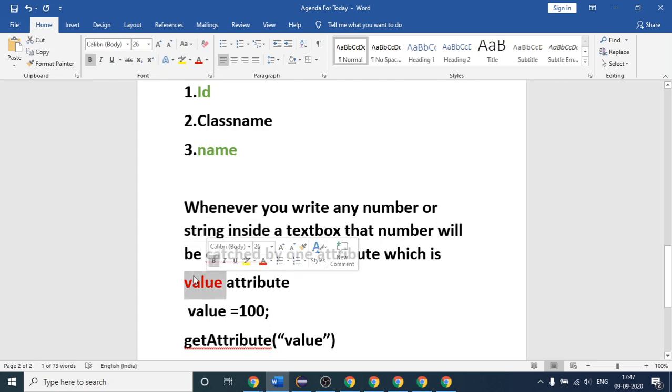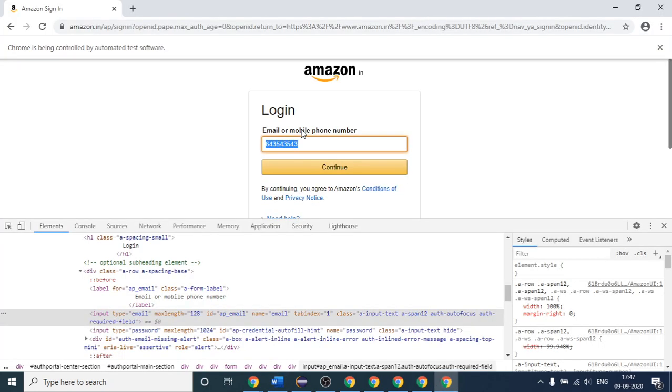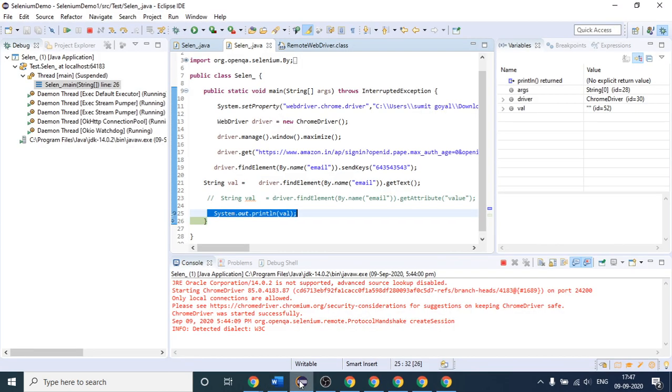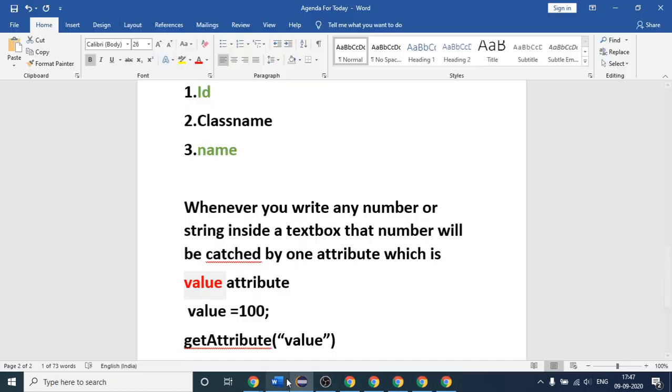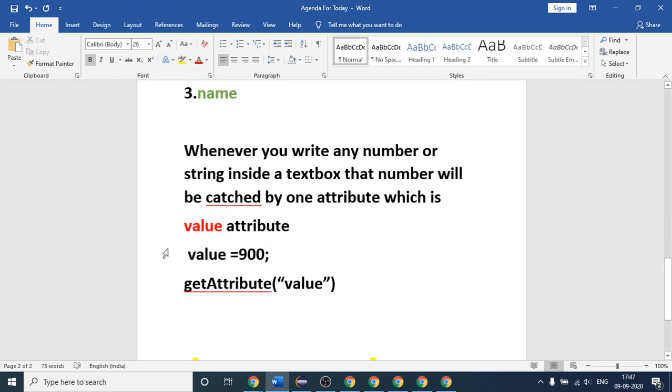So if you have written 900 here, that 900 will be cached in this value attribute. So I have to just print the value of this, and I will get my work done.